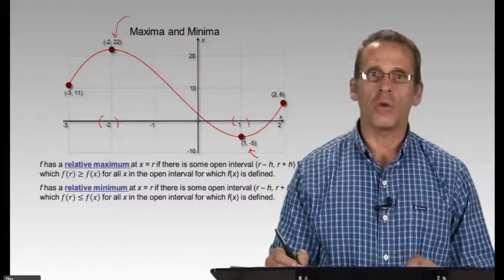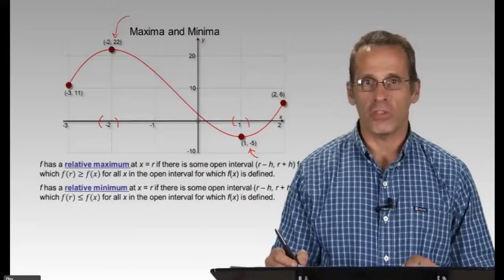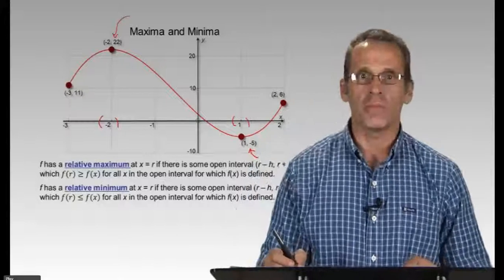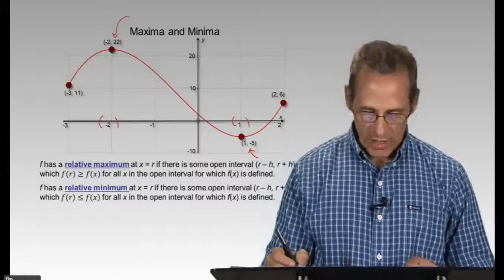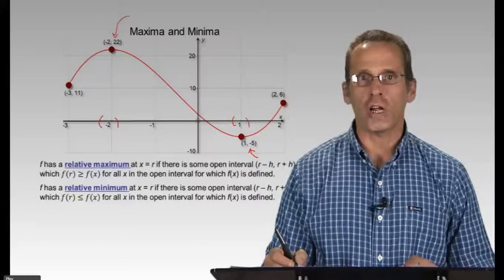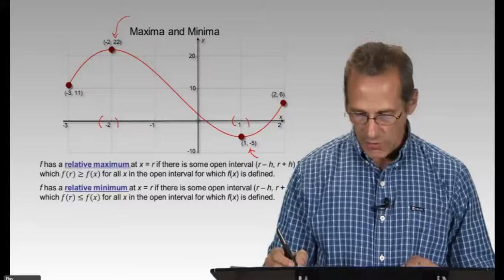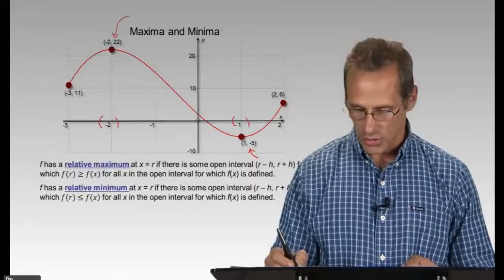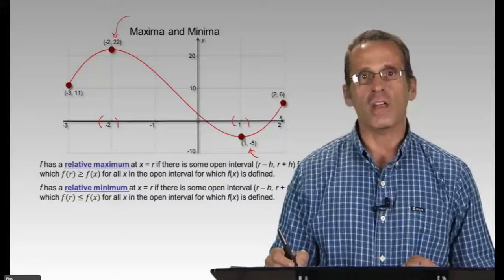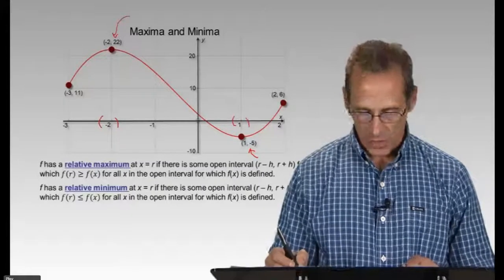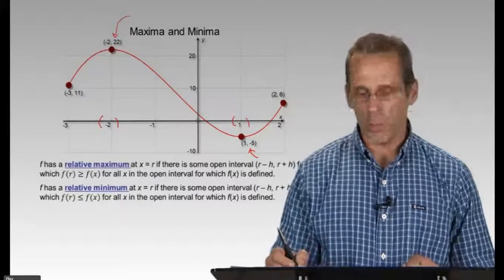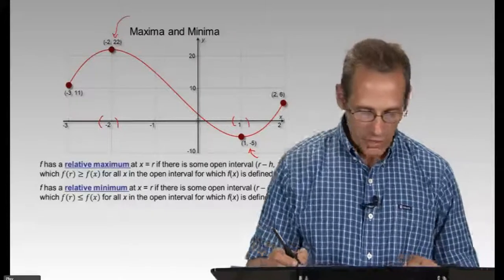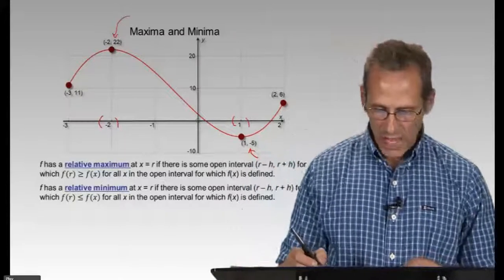What we want to do is formalize our language. These are both extreme points, but specifically, if we look at the definition, f has a relative maximum at x equals r if there is some open interval (r minus h, r plus h) for which f of r is greater than or equal to f of x for all x in an open interval for which f of x is defined. In other words, the function has a maximum